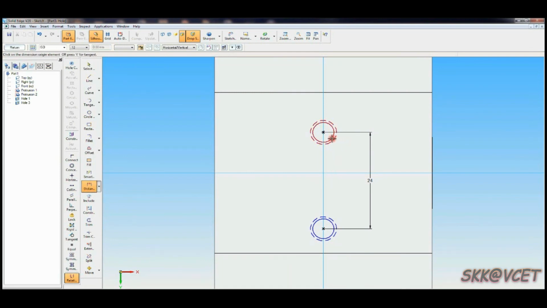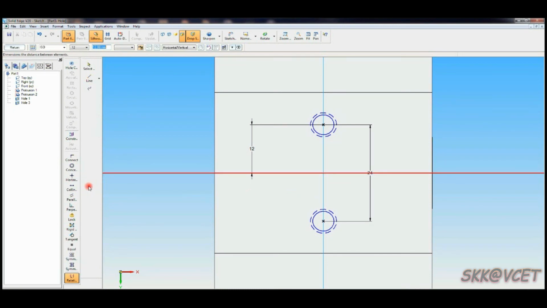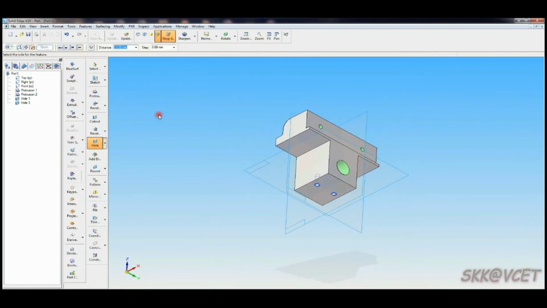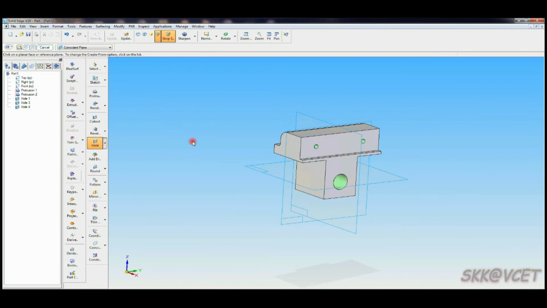One circle to another circle in the horizontal plane should be half of that, 12 mm. Then center of the circle to left end distance should be half of 50, 25. Then return, move the cursor upward direction.